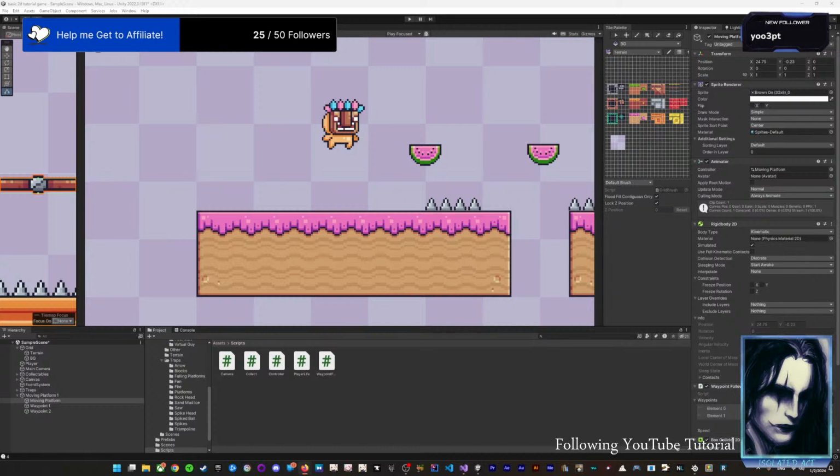We can keep it playing but zoom out and everything, which can be very convenient, and we can see that it moves